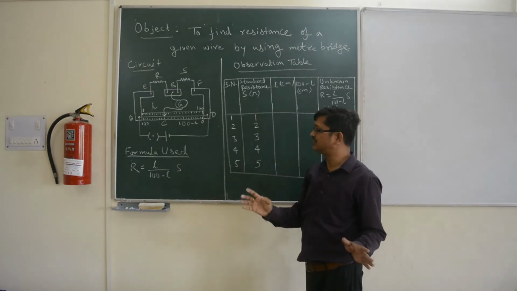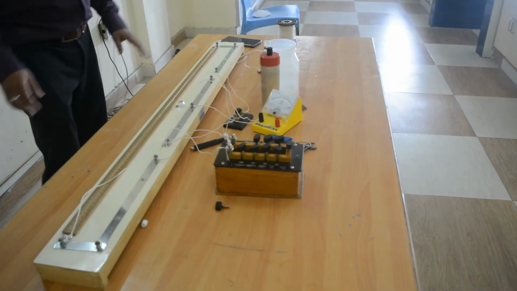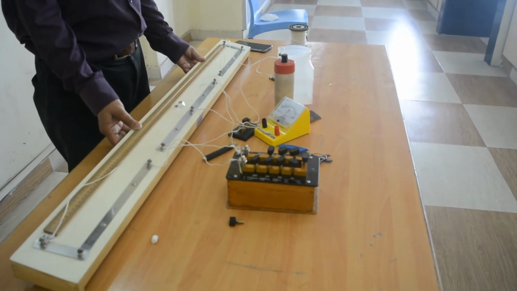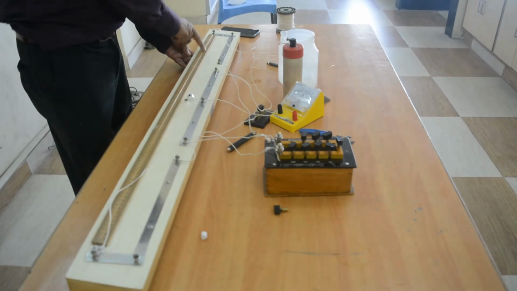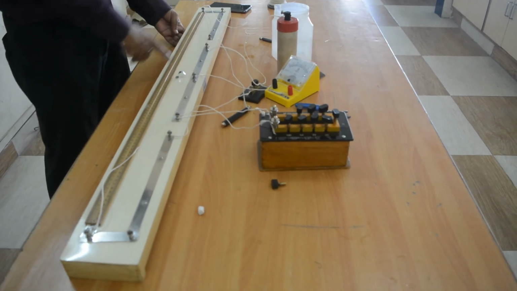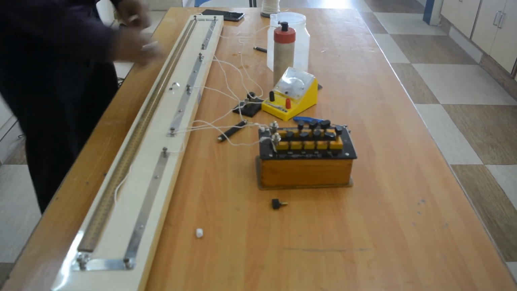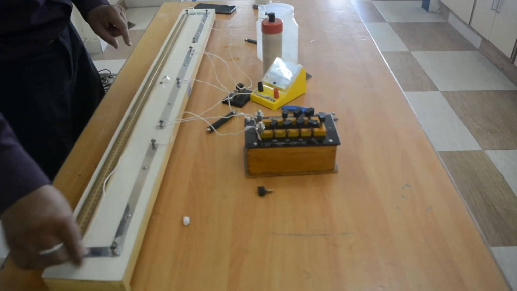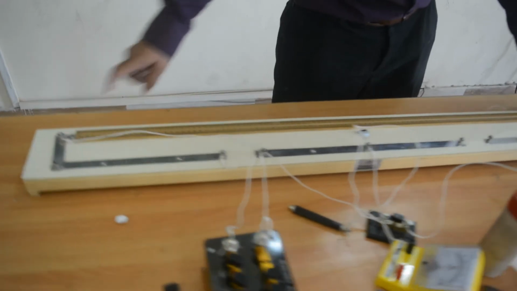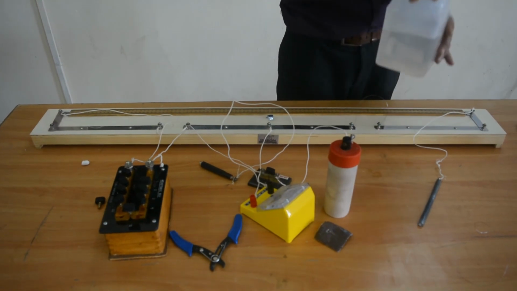Now you can see all of these things here in the experimental setup. See children, this is your meter bridge. In this meter bridge you can see a wire of 1 meter, and below this you have the scale. You have a thick copper strip here, here, and here also. This 1 meter wire is given a potential difference by a primary cell which consists of an ammonium chloride solution,